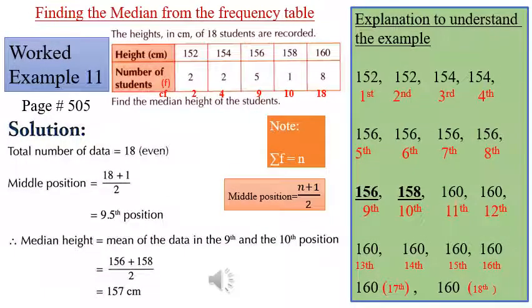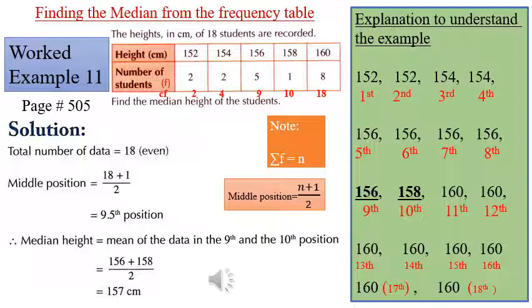On this page we are going to find the median of the frequency table. Worked example 11 on page number 505. The heights in centimeters of 18 students are recorded. In the table there are 2 students who have height 152 centimeters. In the second column there are also 2 students who have height 154 centimeters and 5 students who have height 156 centimeters, and there is 1 student who has height 158 centimeters, and there are 8 students who have height 160